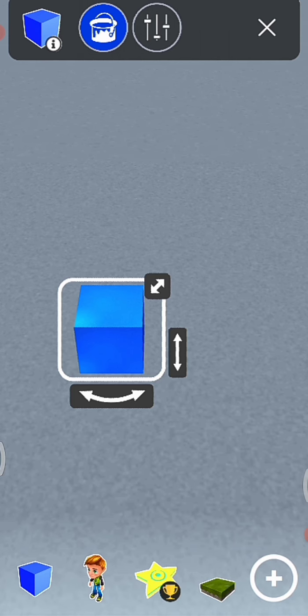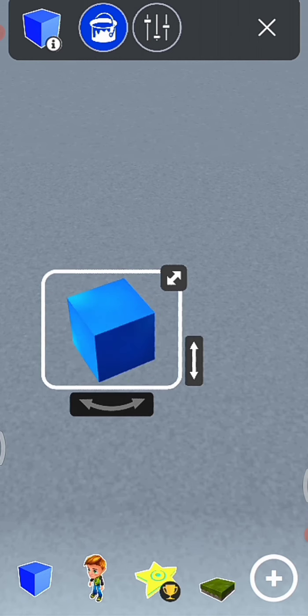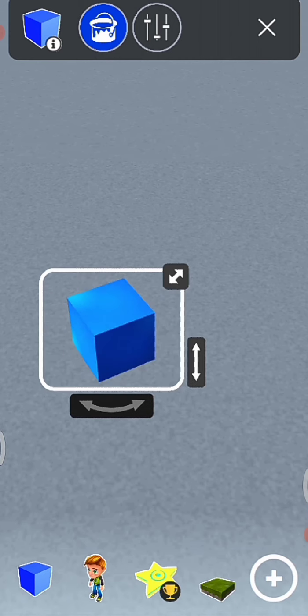So once it is placed, you can see the symbols around the element. This one is for rotating, this one to the left and this one for scaling. Here you can see, children, the element is getting changed, the direction gets changed.